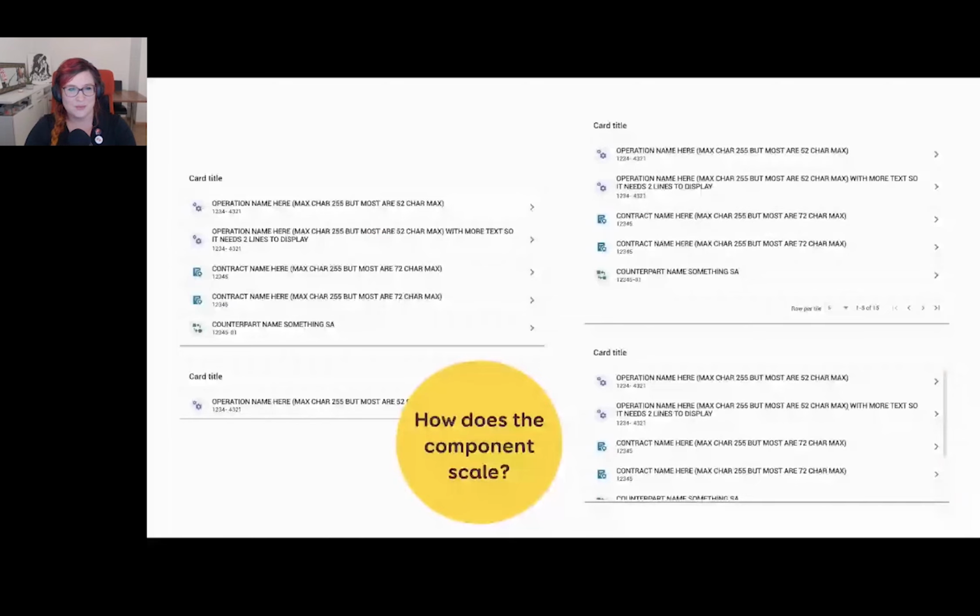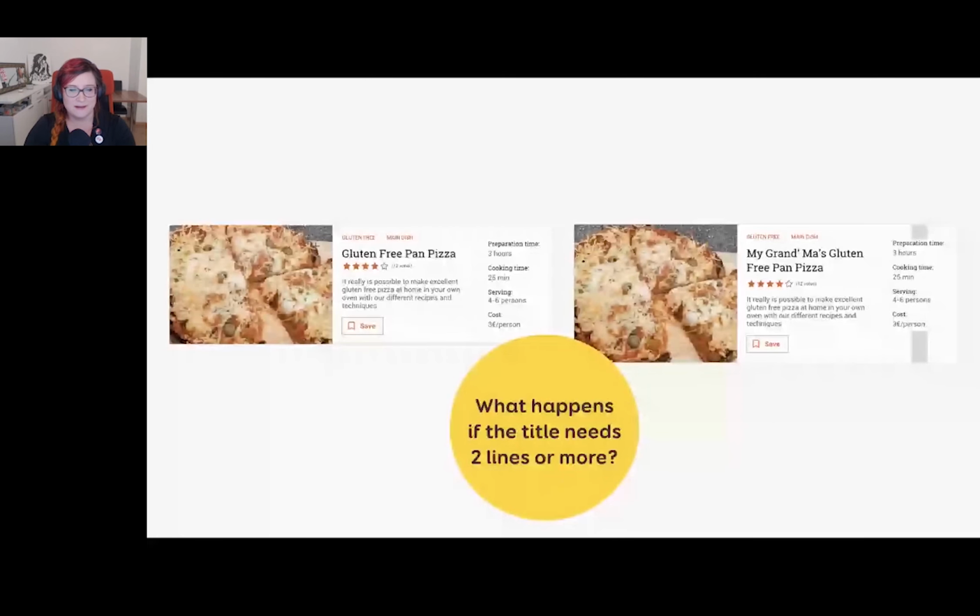Then what happens at component level if I have 2 lines in the title, for instance? Again, you might say, okay, then it will just be a little bit higher. That's nice, but what happens to the cropping of the image? And what do we do with the metadata on the right? Do we put it at the top? Do we vertically align it? Again, this is nothing technically complex, but at some point my developer team will come to me and ask about those things, like how is it going to scale up, and what happens when you have more content than what you actually put in the mockups.